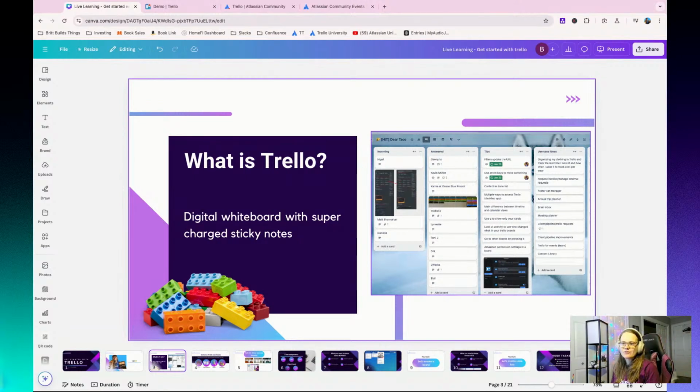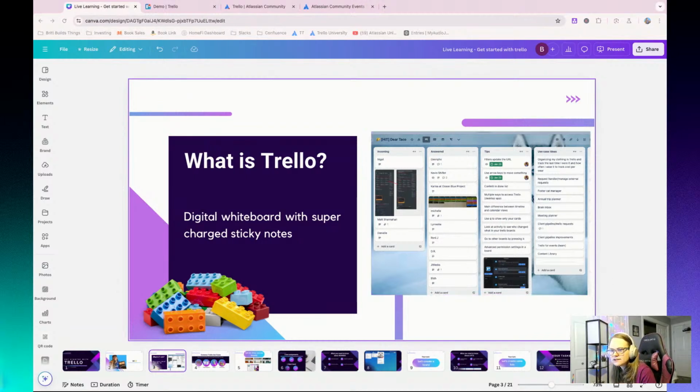And I'm saying vacation because don't even just think of this in a work context, right? There's other things that you may want to access a whiteboard and be able to sort items by. You may want to see what do I need to work on around the house this week, or what kind of things do we want to do on our vacation to Italy, which is something I just did last week. And so imagine this concept of a whiteboard with all of these sticky notes that you can move around into different groups and sort and assign, but also being able to access that from anywhere. And that's exactly what Trello is.